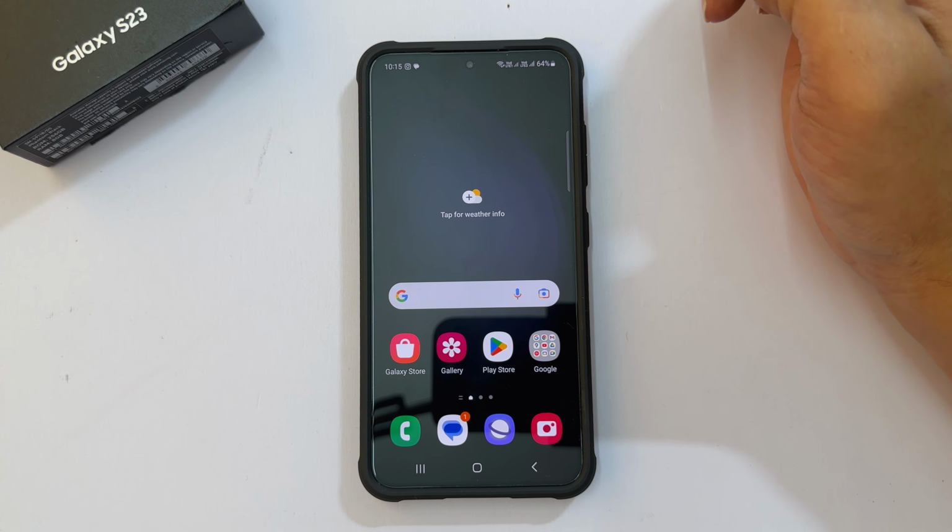That's it for this video on how to use pop-up and split screen views on Samsung Galaxy S23 and S23